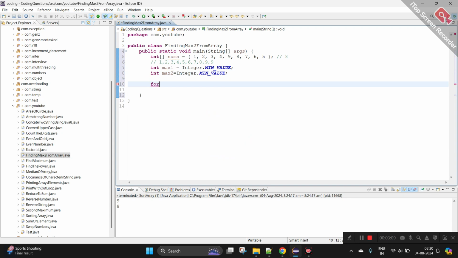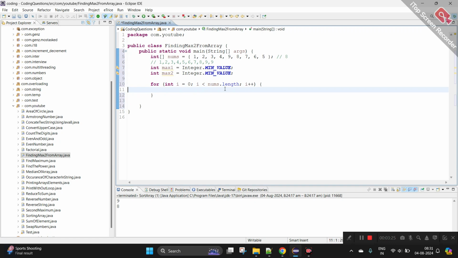Now I am iterating through a for loop: i less than nums dot length, i plus plus, right?